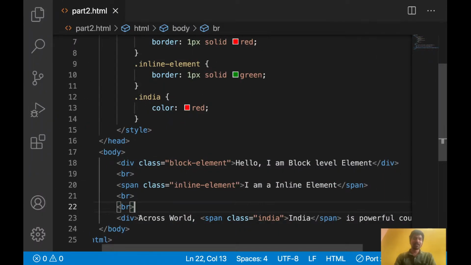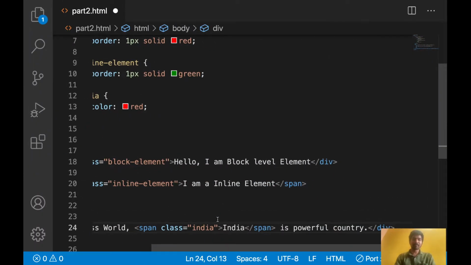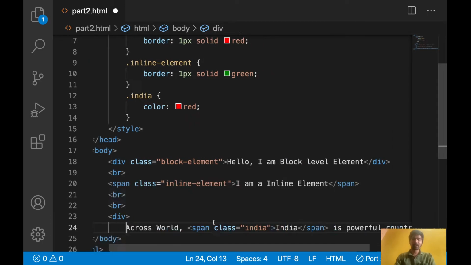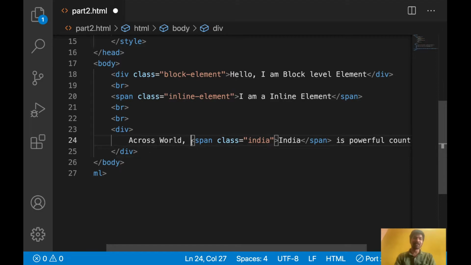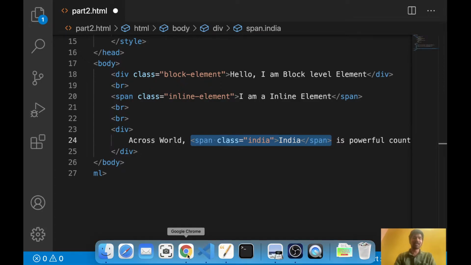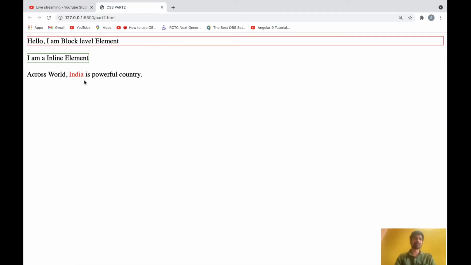So what I did: inside a block level element, I used the inline element, for example span, for highlighting. At that time the inline element will be useful. It will not occupy the complete width; whatever content width is there, that much only it will occupy. And a block level element will occupy the complete width of the browser.